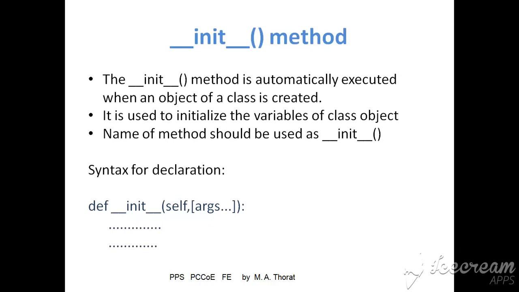What is the basic syntax of the init method? It is simply def, two underscores, init, again two underscores, in brackets the self object, as we have studied in methods which we can write in a class. The self argument for the method definition is compulsory, which contains the reference of the object through which it is called. After the self object we can mention the rest of the arguments or parameters which we want to pass to the function. So this is the basic syntax of the init method.